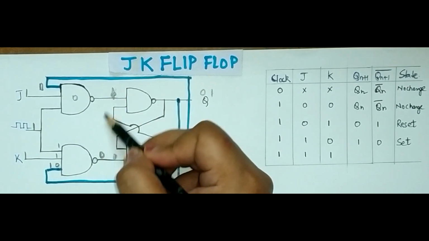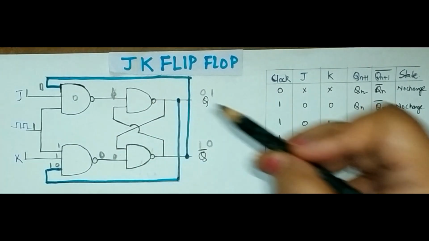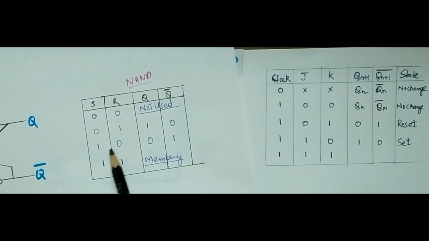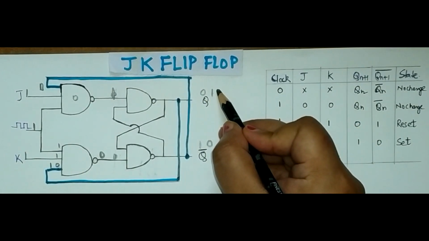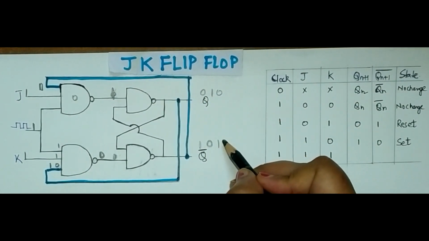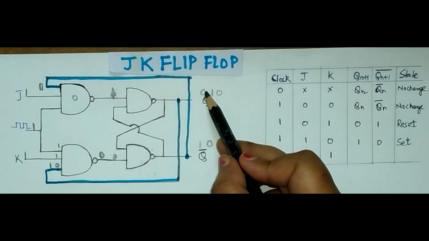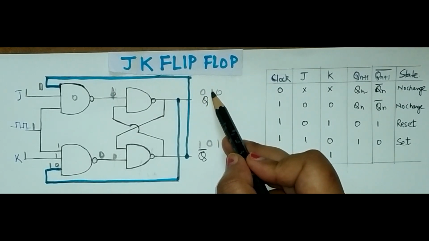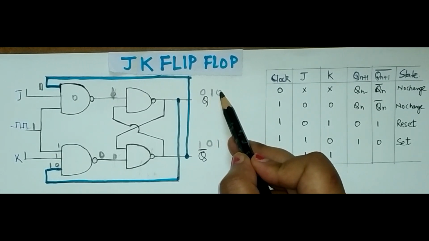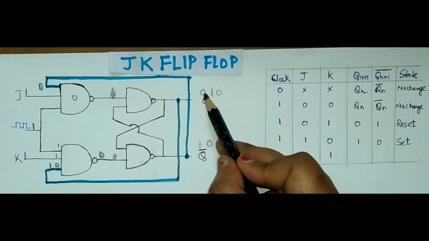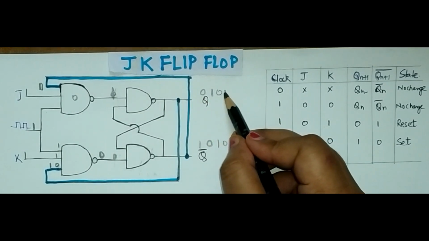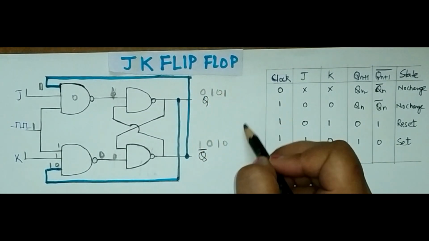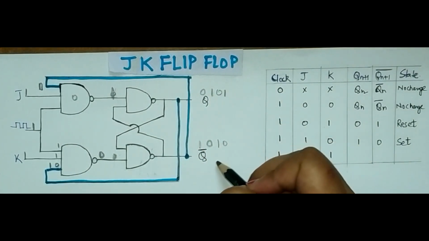Again the 1 0 combination, in the SR latch, gives 0 1 as the output. So again I will get 0 1. You see what is happening. When the previous output was 0, the next output is 1, and when the previous output was 1, I am getting 0. It keeps changing 0 1 0 1 0 1. So it is racing, and this effect is called toggling.